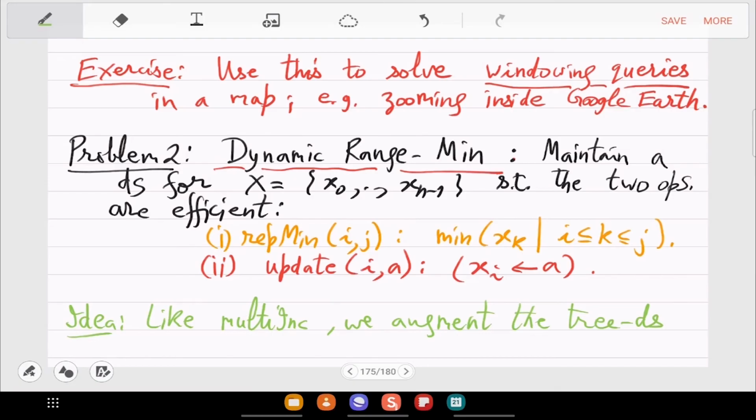There you were storing increments. Here you should store minimum, right? So you have the complete binary tree, you have the leaves, you have the array x. Now in the internal nodes, the indexing is by the intervals, but instead of the increment, you can store the min of the subtree. That is a different augmentation.